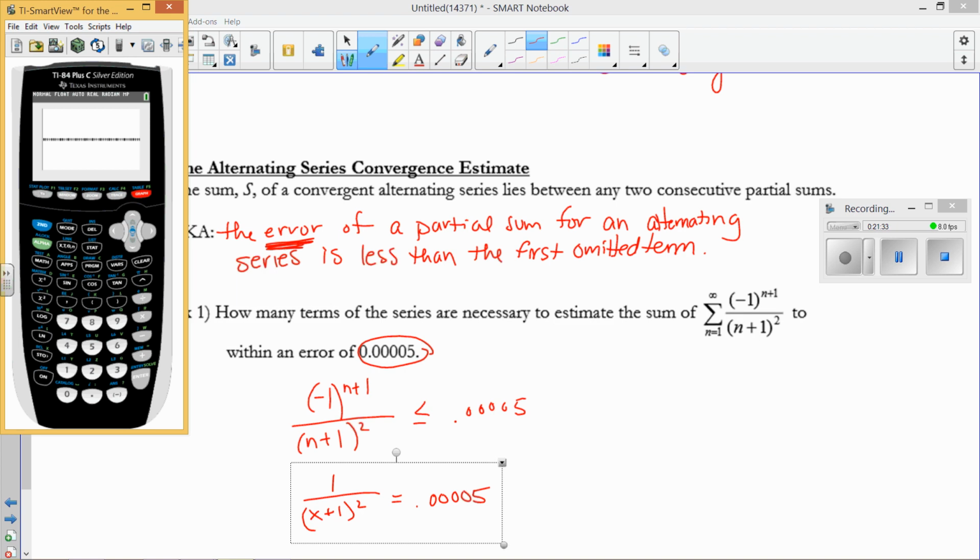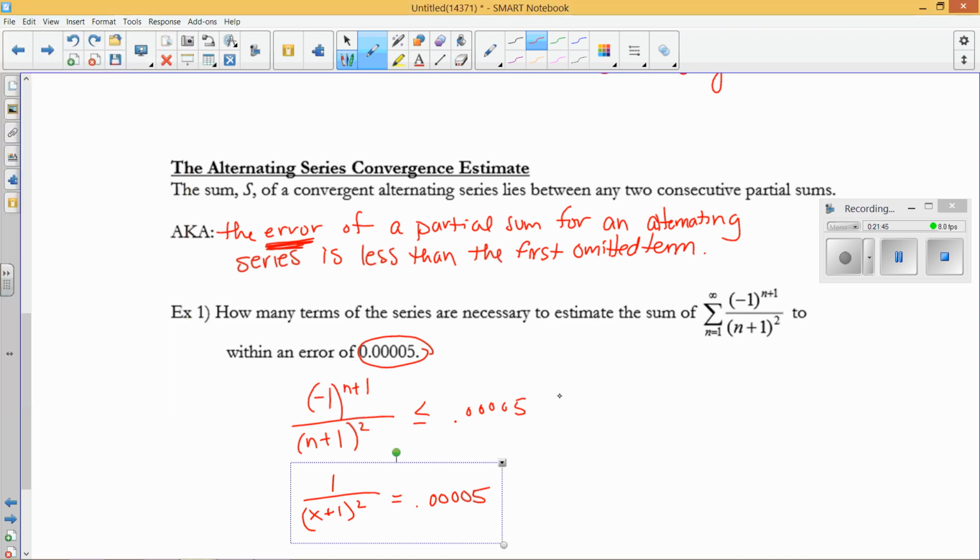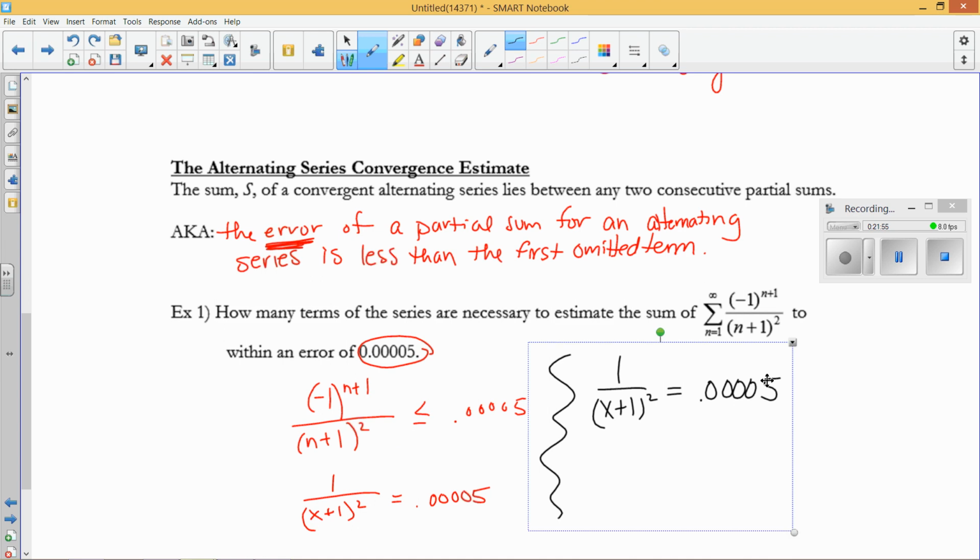You know why this isn't working? Because Mrs. Vibber's being silly. Let's think about this for a second. This is n plus 1 squared, right? I need 1 over n plus 1 squared to be 0.00005. How about I just stop relying on my calculator so much? 1 over x plus 1 squared equals 0.00005. How about you just do this? x plus 1 squared equals 1 divided by